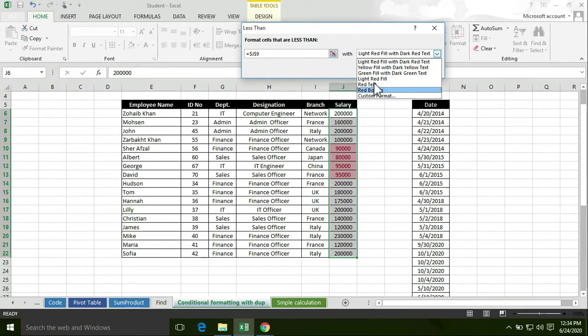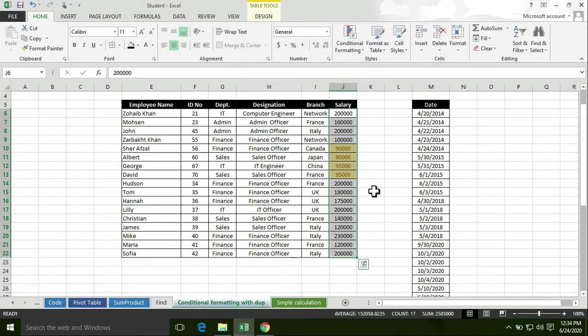This time I want to apply yellow fill with dark yellow text, click on OK button. Now these values are less than 1 lakh: 90,000, 80,000, 95,000 and 95,000. These values are highlighted with yellow, meaning they are less than 1 lakh.